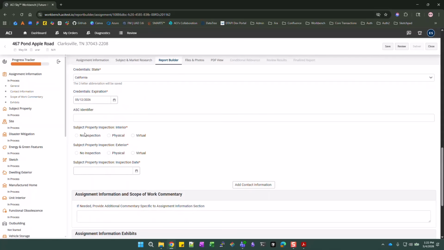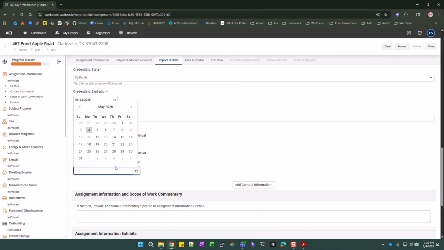This is a required field. I did a physical inspection of the interior, that inspection date. This calendar you can use as a tool, or you can just type in